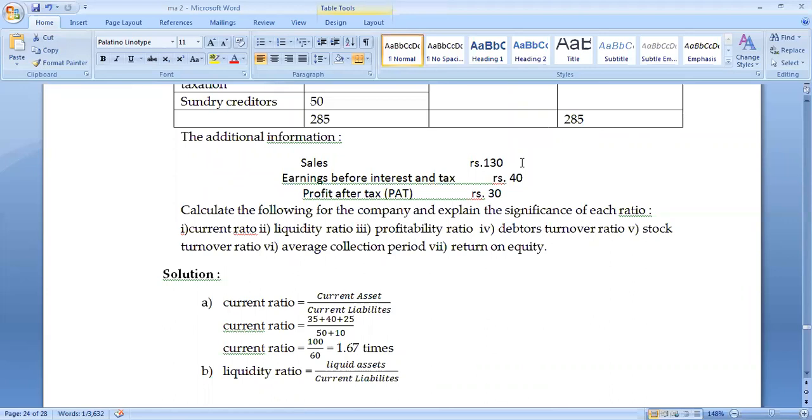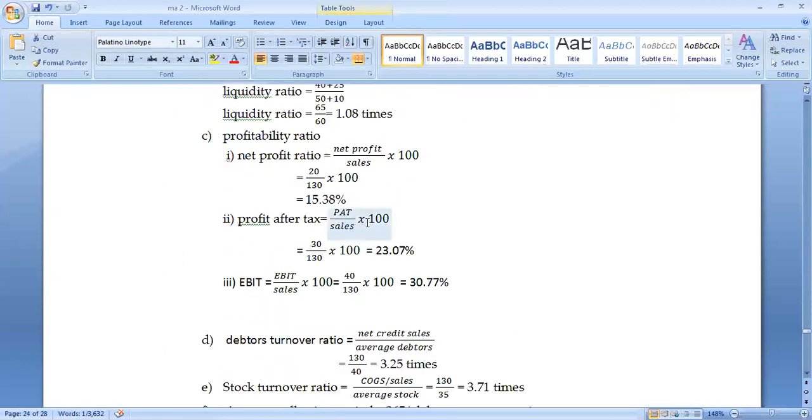Whenever you go for computation of EBIT, what are the things that you will consider? Sales will be considered, all the variable costs will be considered, all the fixed costs will be considered, later interest will be calculated, then the tax will be taken into consideration. For that reason, whatever value remains at the last after paying the tax will always be computed keeping the sales in mind. Clear? So consider it as sales and find out the value, whatever it may be.